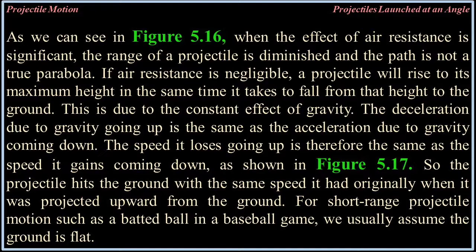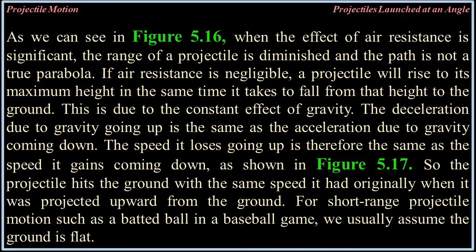This is due to the constant effect of gravity. The deceleration due to gravity going up is the same as the acceleration due to gravity coming down. The speed it loses going up is therefore the same as the speed it gains coming down, as shown in figure 5.17. So the projectile hits the ground with the same speed it had originally when it was projected upward